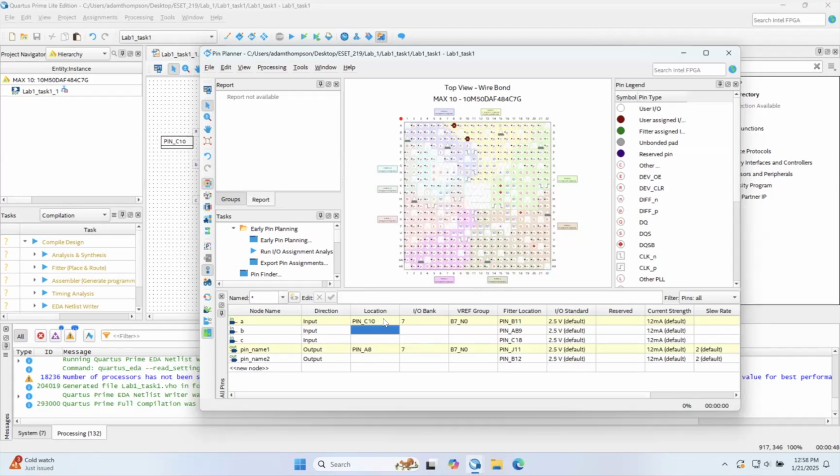So there's a link to it in Canvas. I believe it's in course resources for the DE10 Lite user manual. You can also just Google DE10 Lite user manual. It'll be the name of the board that you see on the board box. If you just Google that, there'll be a PDF that comes up, and I think it's on like page 27